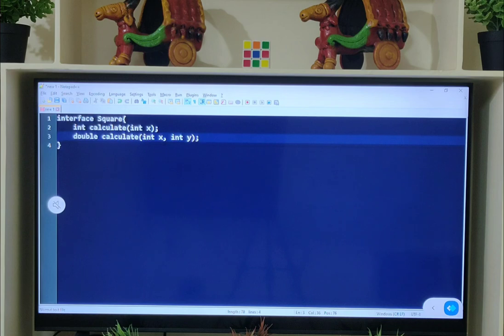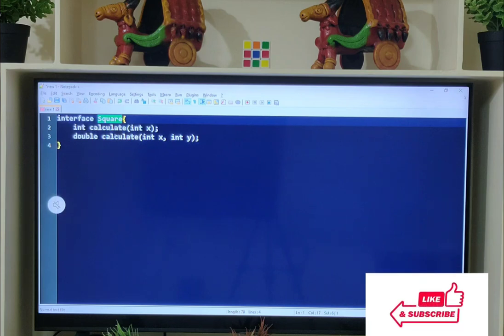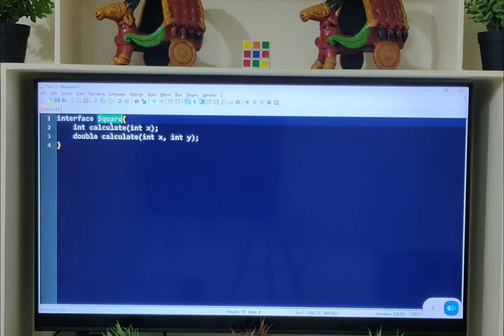Now tell me, is this a functional interface? No, because a functional interface does not contain more than one abstract method. But my intention was that Square is a functional interface. After another programmer added a method, the nature of the functional interface of Square has collapsed. So to avoid adding unnecessary methods to this functional interface, you have to use